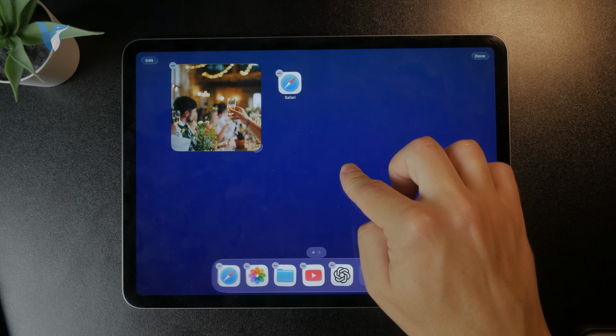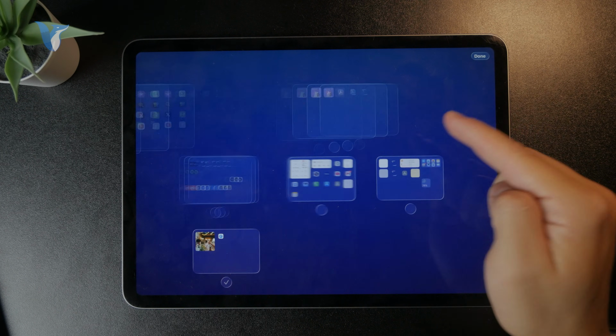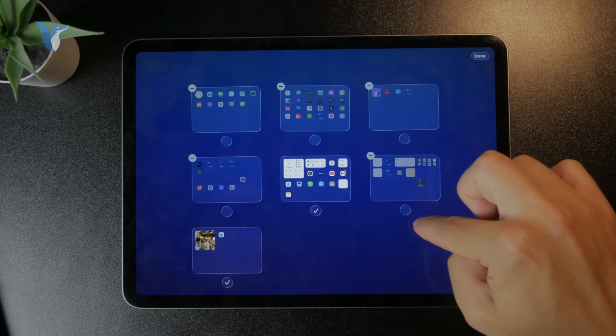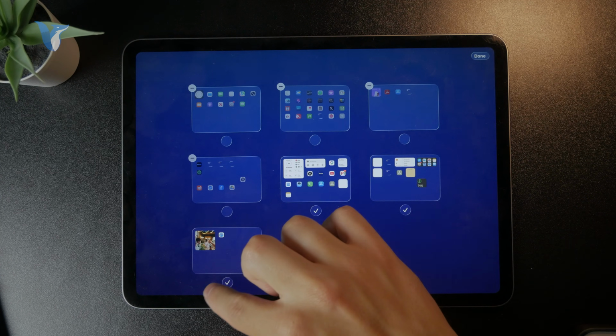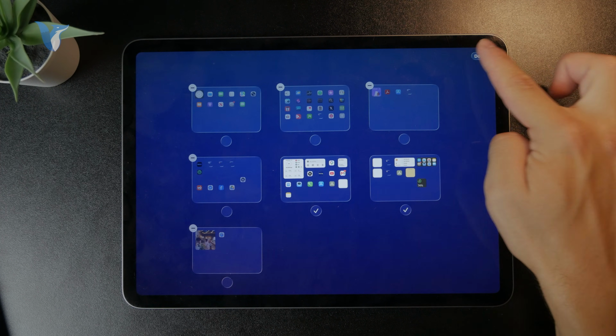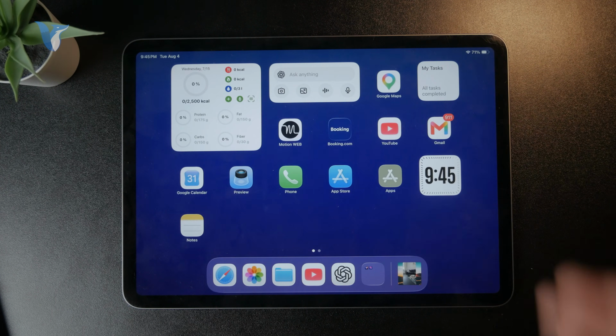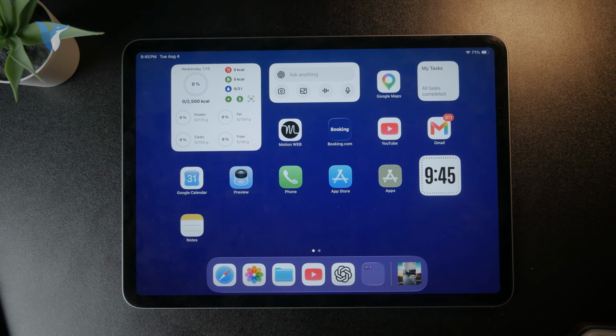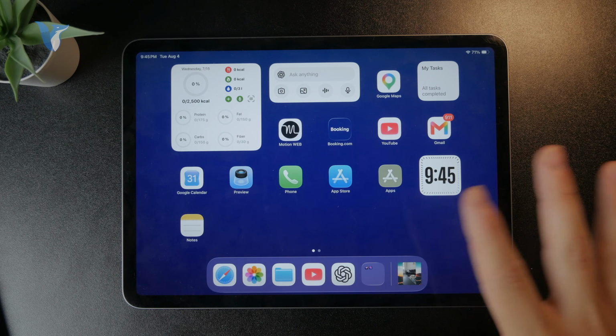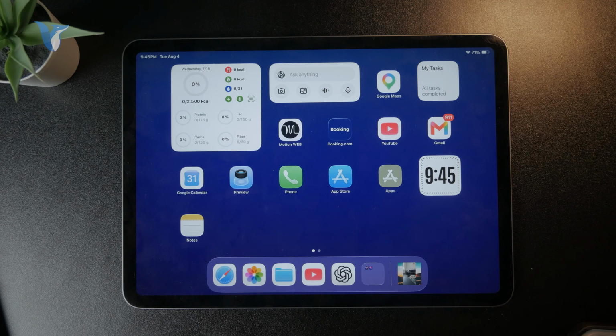And other times, if I don't feel like seeing this one, I just come back to this edit mode, re-enable the other two like this, make this one hidden, hit done, and then now I'm back at the original setup. So that's how you can have a separate home screen, which you only bring back to life when you want or occasionally. And I use this feature a lot. As you can see, I had plenty other home screen pages, so I think that's